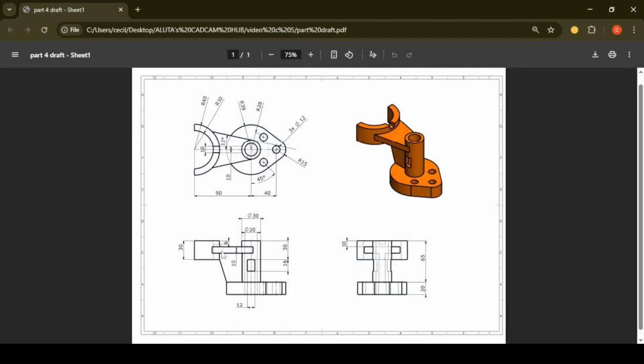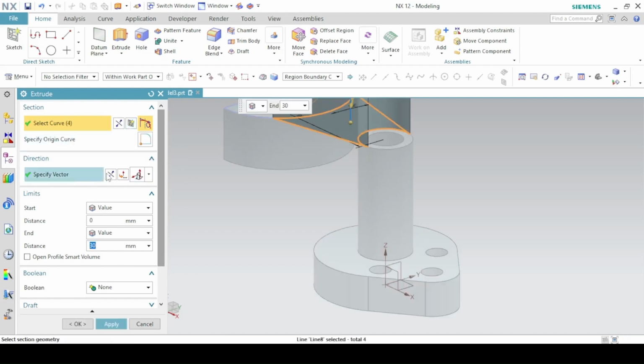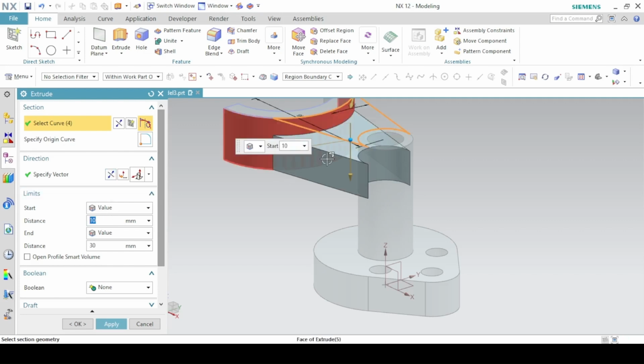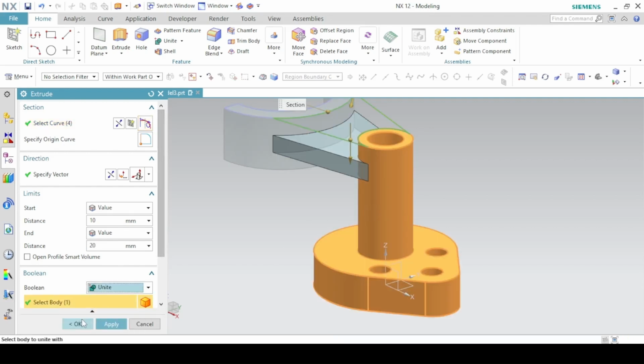By looking at this front view, the area has an offset distance of 10 millimeters here. So we have to push it down by 10 millimeters before we start the extrusion. The extrusion is also 10 millimeters. So we click on this area, reverse down, and then we start at a distance of 10 millimeters and end at a distance of 10 plus 10, which will be the actual extrusion distance. So we end at a distance of 20, so that the 20 here minus the 10 will be the 10, which is the actual extrusion distance. And this time set the boolean to unite and unite with this block. Okay.